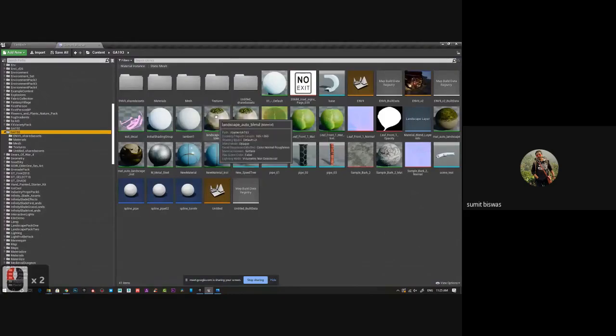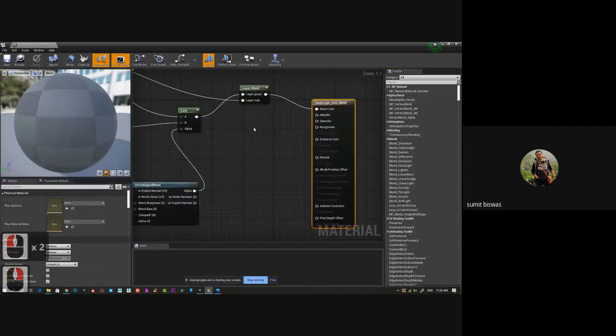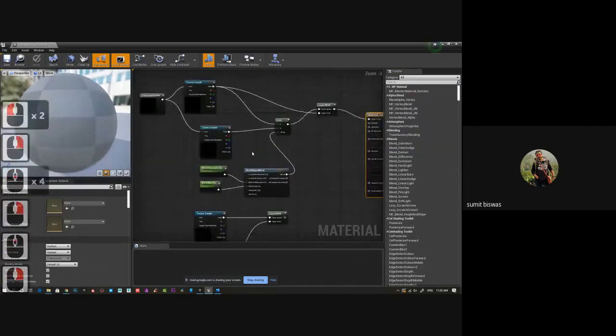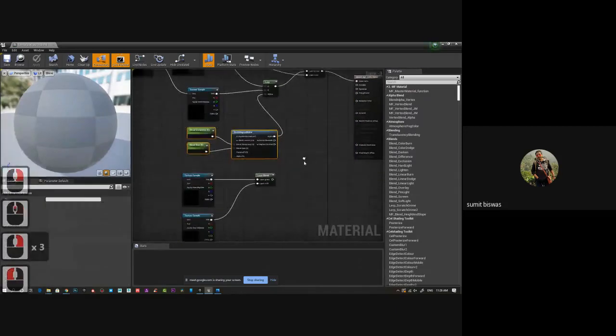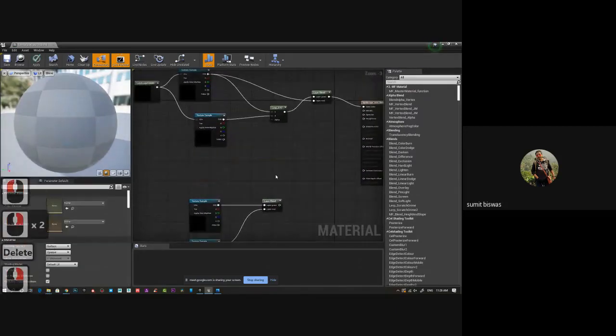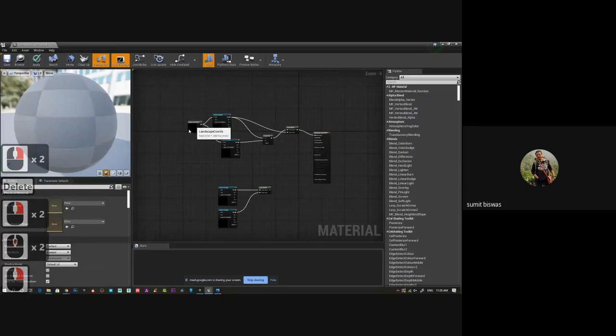Yes. You can see landscape blend. So this was the auto blend. If I don't want auto blend, I can create a simple one also. I'll just open it. For auto blend, there's no need to have it. If I want to create one, I can do this. I'll just show you the basic simple setting.